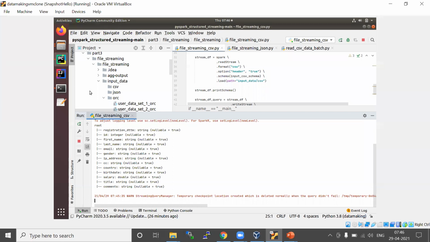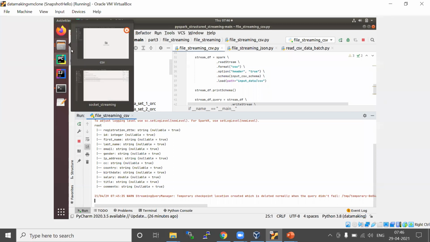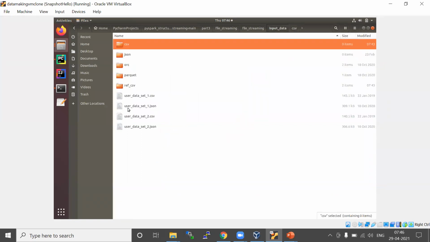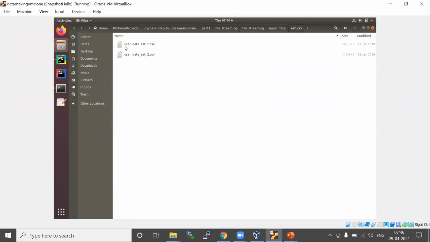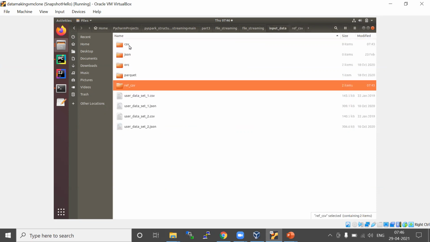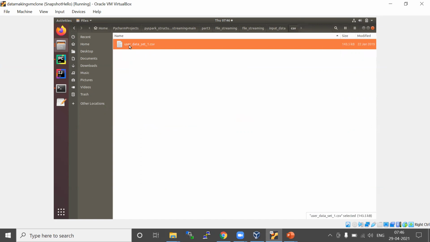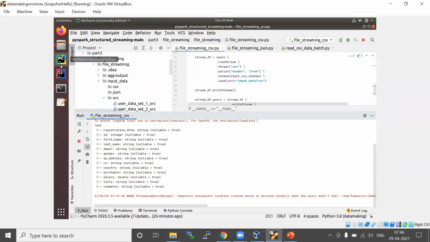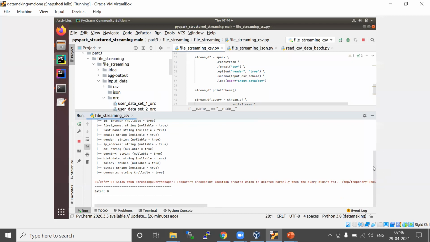Okay, so now let me put my file there. I'll just go one back, copy the user file, and paste it here. Now the data is placed in the input records. So it is going to